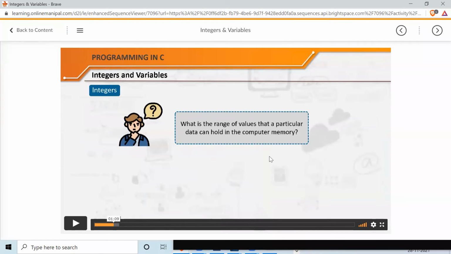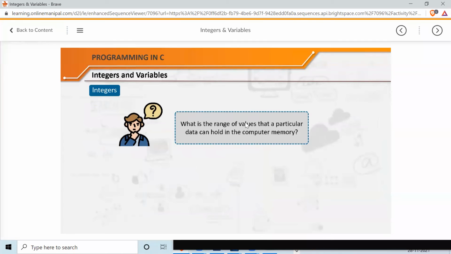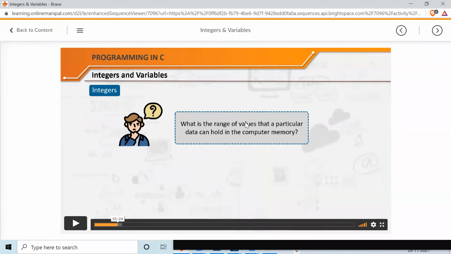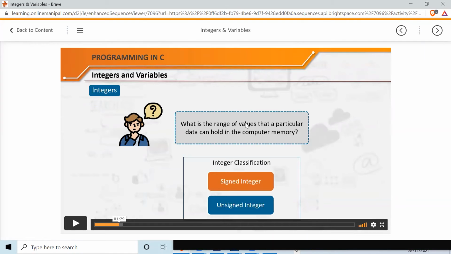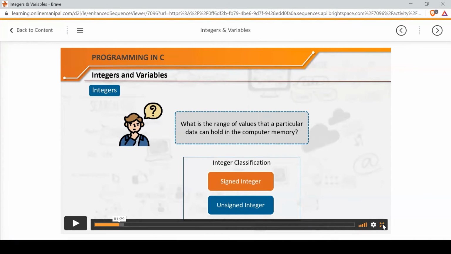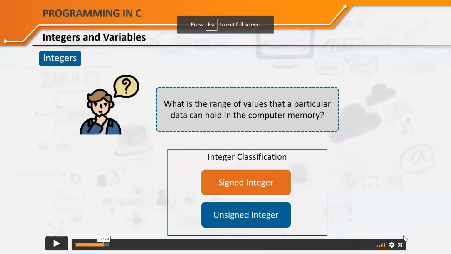Now this is range. What is range? Range is the minimum to maximum number of values that a data type can store, and I will show you just now how it is calculated. Signed and unsigned integer. First, understand that we have to come here.